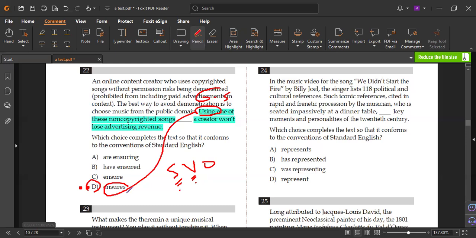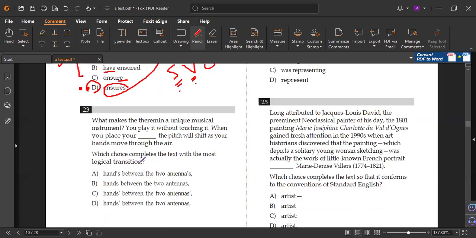Sometimes, but let's keep this for later. But the problem is we need proof, evidence for the answer. So your subject here is singular, so the verb must be singular. Here plural, wrong. Here plural, wrong. Here plural for present simple, wrong. So all of them plural, wrong. Let's try the next.